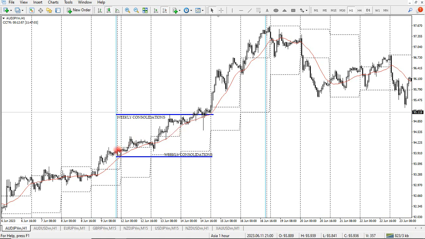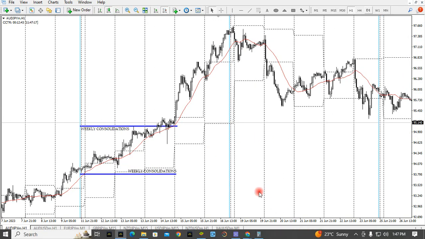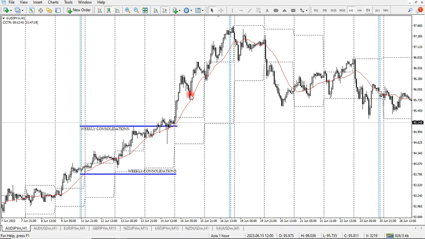Because Monday might put a high and a low, and Tuesday might just extend that high or extend that low. That's what's going to happen. And Monday and Tuesday are going to give us our weekly consolidations. Now let's look at what happens. Bring the number 3 into line. What do markets do? They break out, pull back, trend; break out, pull back, reverse; break out, pull back, and consolidate.